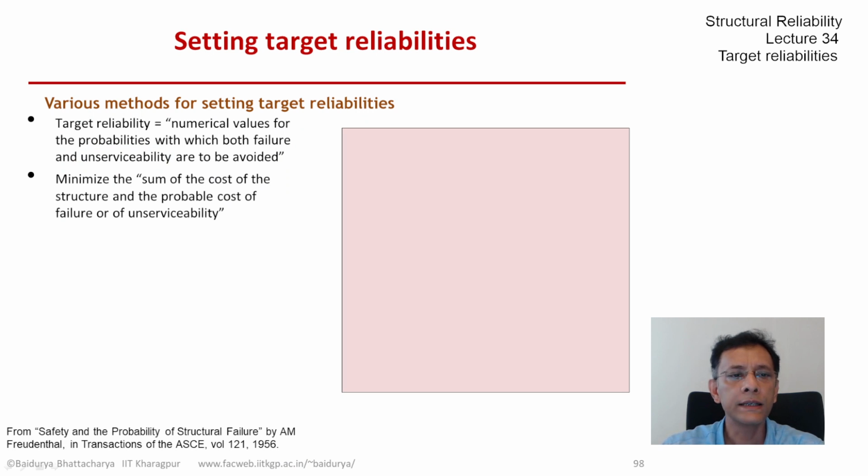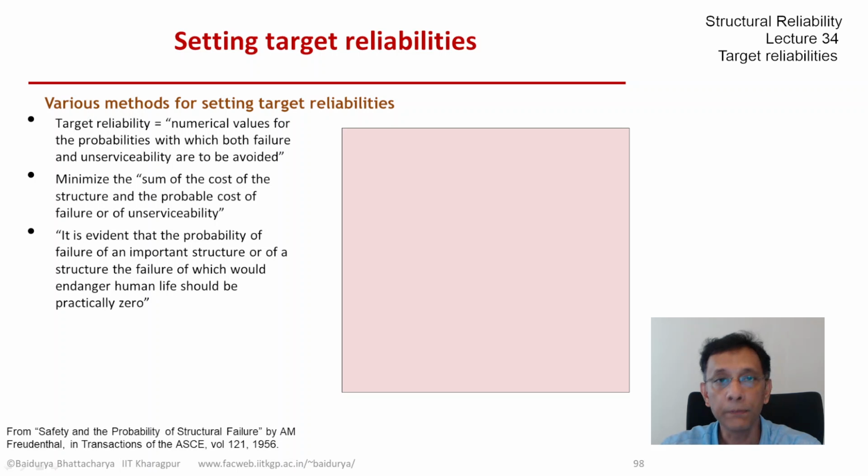Then we see the idea that there could be a cost minimization approach, and so the sum of the cost of the structure, which presumably is the construction cost, and the probable cost of failure or unserviceability. So that's, in other words, what we just described would be the expected cost, which would be the failure cost times the probability of failure. And then